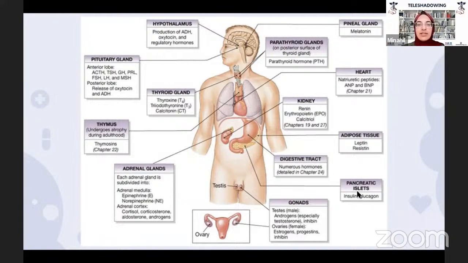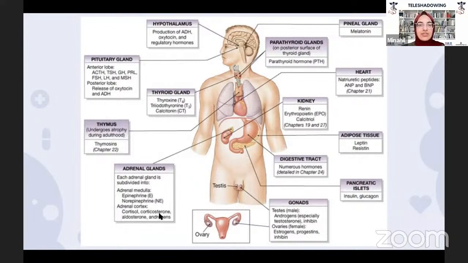The pancreatic islets of Langerhans release insulin and glucagon. And we also have the gonads. For males, the testes release the androgens, inhibin, especially testosterone. In females, the ovaries produce estrogens, progestins, and inhibin. And then also the thyroid gland, which involves thyroxine, T4, T3, and calcitonin. So overall, there is a lot to memorize, but when we break it up, it makes it easier